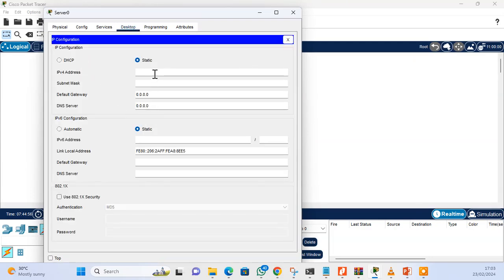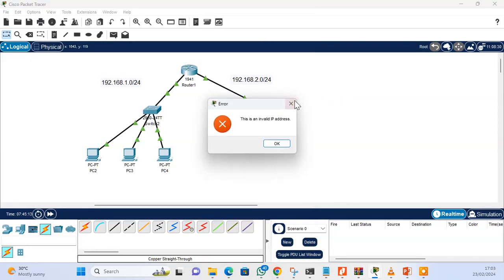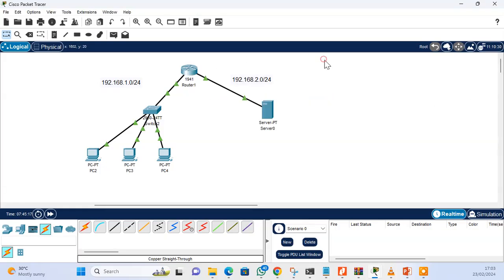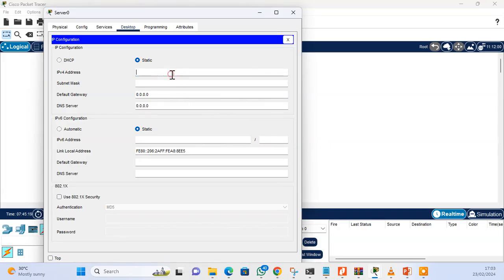Here, it has to have the manual IP address, but on the other network, the address, it was 2. Did I configure the other one? It was 2.1, so here it's going to be 2.2, then the subnet mask,